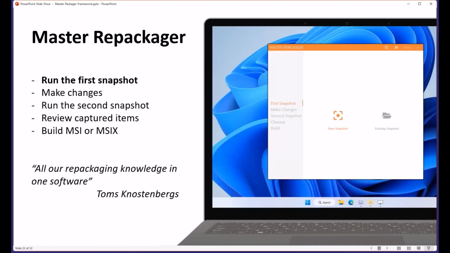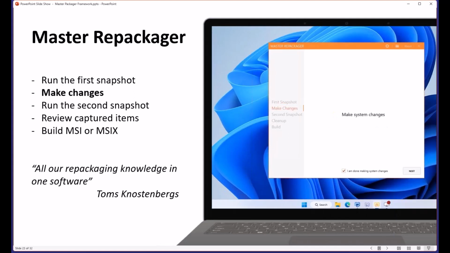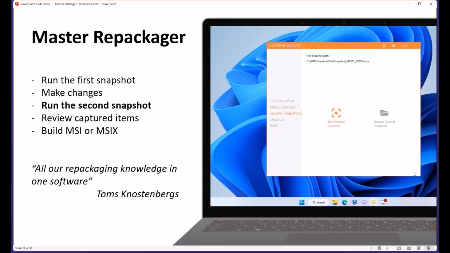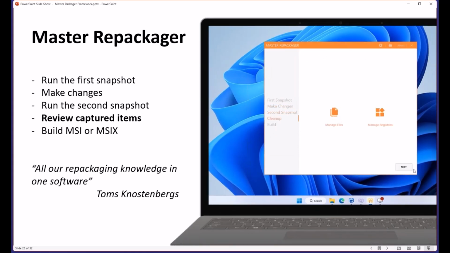When it comes to repackaging, I hope everyone has seen this, but if you haven't, this is how simple it is to repackage some older exe or installation that doesn't support silent installation into MSI file. You do the first snapshot, you make changes, so install the application, and it supports reboot as well if your application needs one. Then do the second snapshot, review captured files and registries, and we have excellent exclusion list adjusted